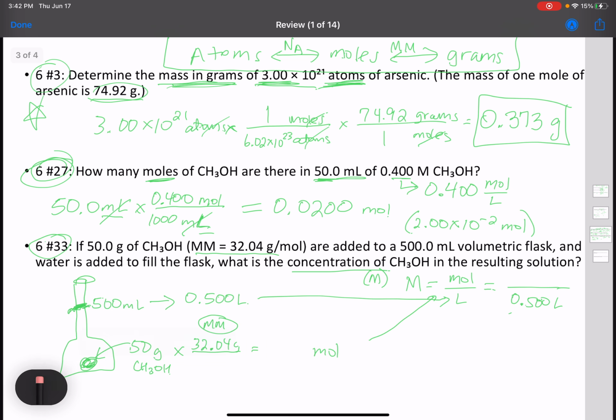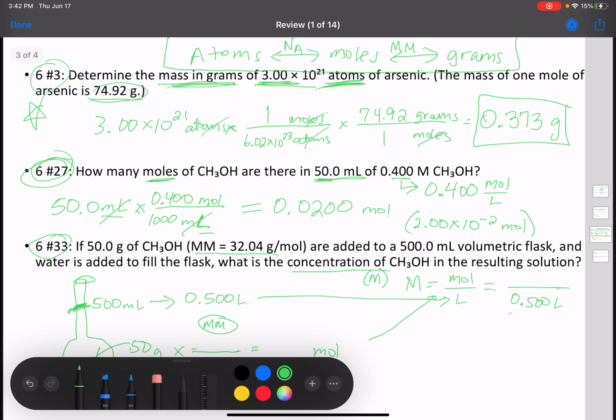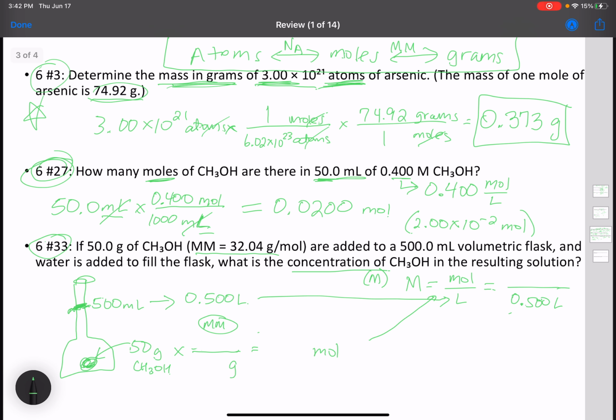Pixel eraser, this is new. I want to put that number on the bottom because I want my grams on bottom so they will cancel out. 32.04, 1 mole, and that is 50 divided by 32.04,